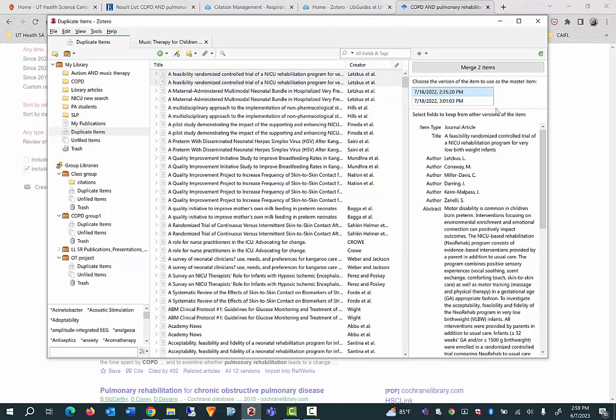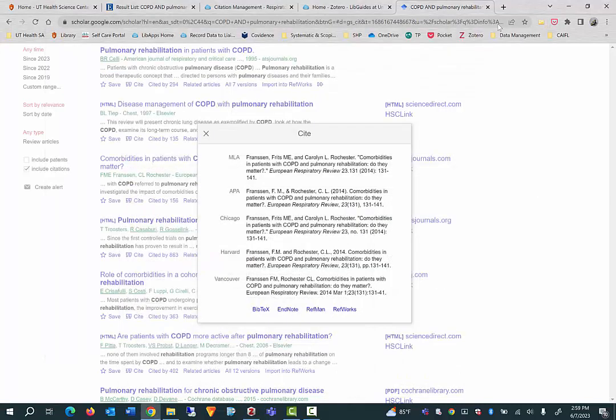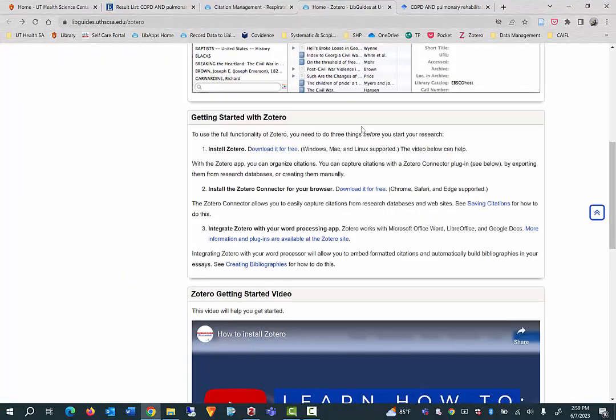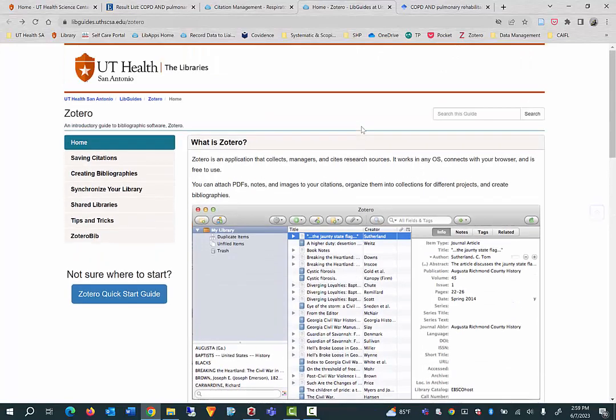So let me now show you how to create and share and work with group libraries. So let me go back here. I'm going to minimize Zotero. And so Zotero has an online component as well as the downloaded desktop version. So if you go to the online component of Zotero,